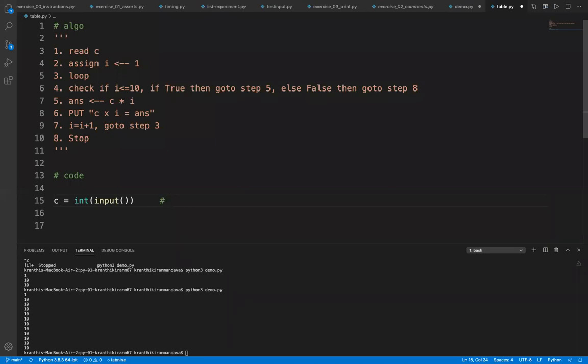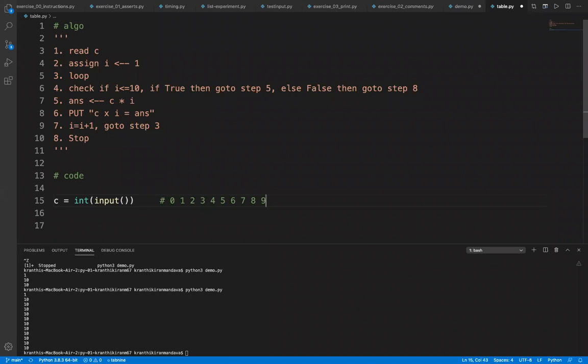That means the characters 0, 1, 2, 3, 4, 5, 6, 7, 8, 9. Only these characters can be converted into an integer. Remember that. If you know ASCII code, the 0 to 9 number system is also considered as characters. So they are both considered as characters and numbers.